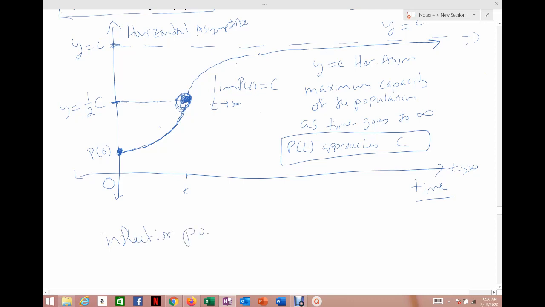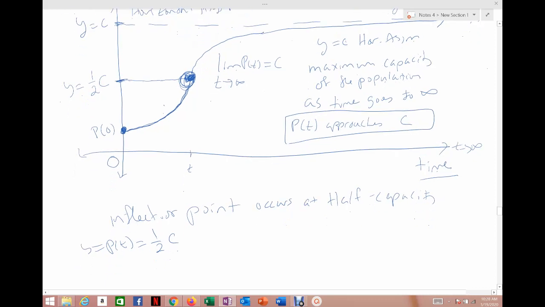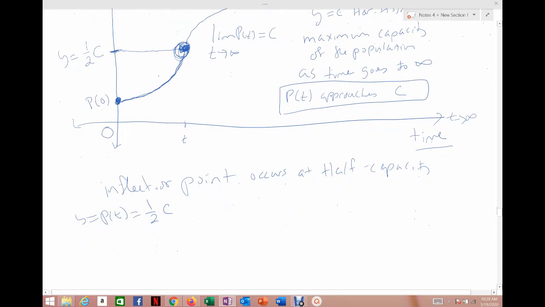All right, the inflection point occurs at half capacity. At half of whatever that capacity is, that would be the function value, the y value. We'd have to find the time when that occurs. But that's important. The inflection point is when our function switches from concave up to concave down, increasing really fast,